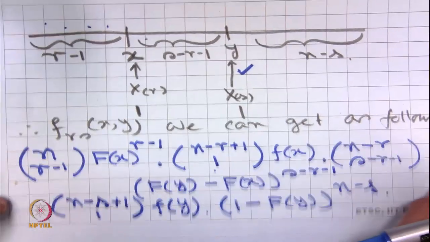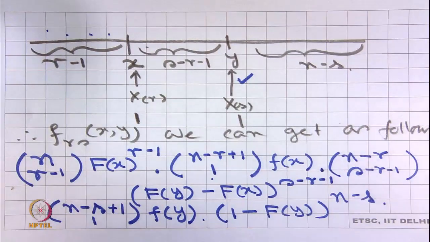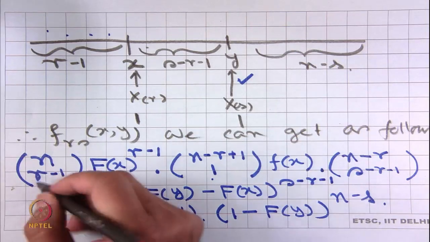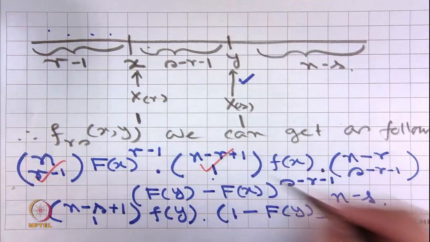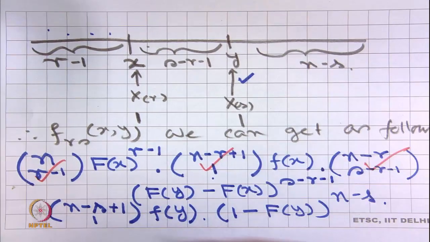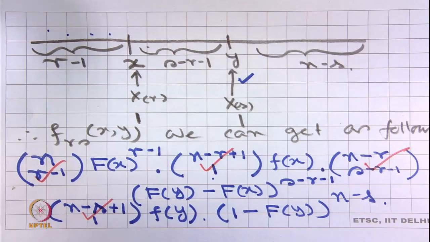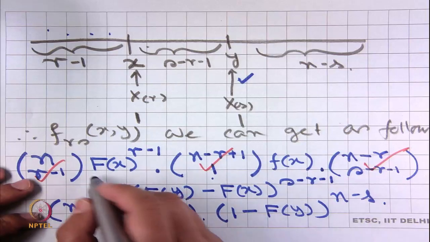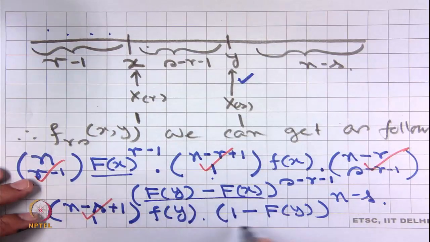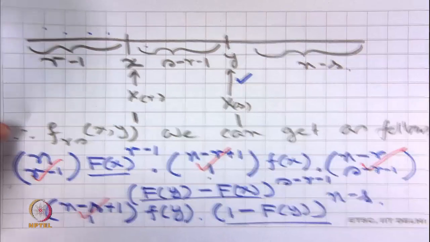If you remember, we have done this, we have used this, and of which we have taken care of this, this, this, and of course, f x and f y come together. What is remaining is this, and this. So,